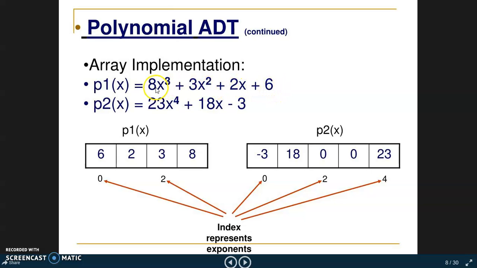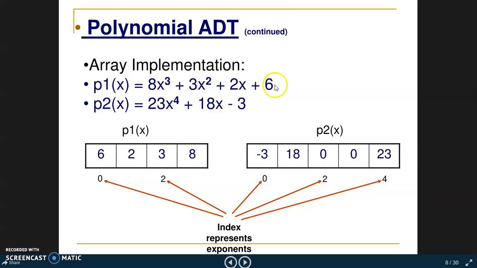Here a is 8, x, and the exponent is 3. These exponent values are considered as indexes, and at those indexes we store the base values.